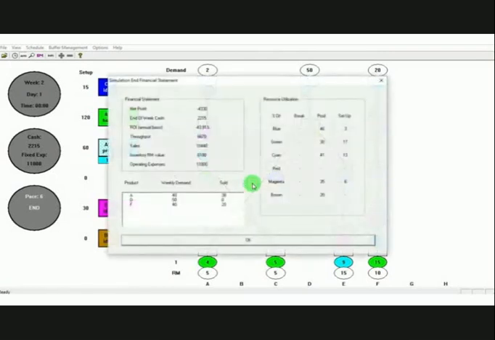This is my final performance. How is it that the plan which worked so well and made me satisfy my demand to the full suddenly fails, and fails so badly that I'll end up making a loss? All that because I used a policy, and the policy tells me that if I have an efficient batch size, I shall make money, or if I have an efficient batch size, I will reduce my costs, and if my costs go down, I am going to make money. But in the end, I landed up losing money.